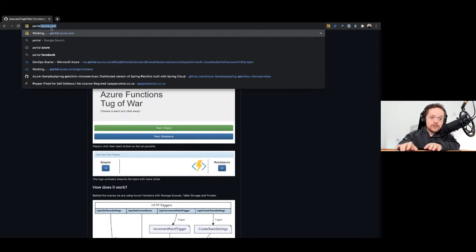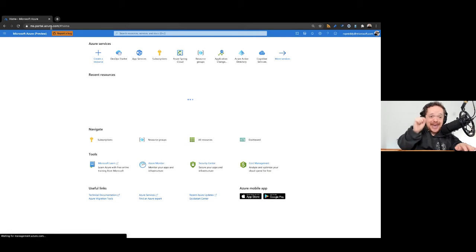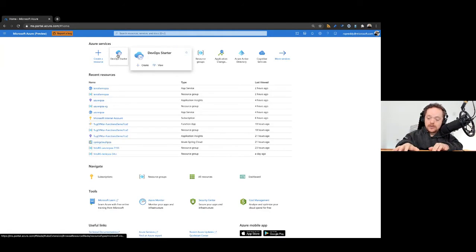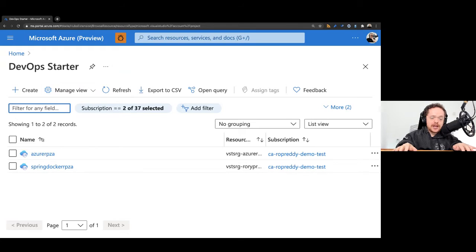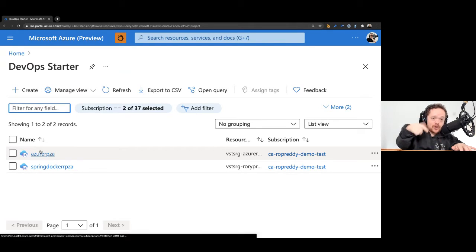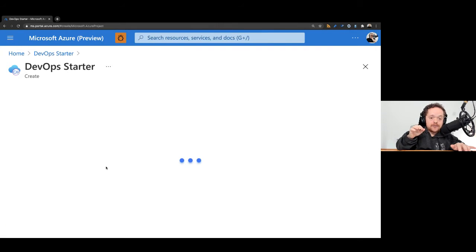So I'm going to go to my portal. And recently updated, they got GitHub with Azure DevOps on the Azure portal. So I've got my portal here, and we're going to create an entire workflow with GitHub Actions with Spring and also containers. So let's go into here. I've got my portal here, and you can see the DevOps Starter. So I go to DevOps Starter, and I've got a backup here because it's quicker if I just go to the backup. So I'm going to go create, and you get a choice with that create of all the different